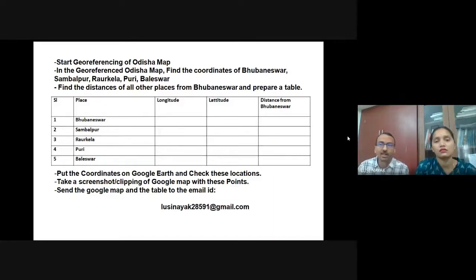And now I think all of you are able to see this PowerPoint slide. And here a table is there. We have given a table. Now I will just explain the QGIS features, the QGIS interface. Then we will be discussing a little bit regarding georeferencing. We'll start georeferencing. In fact, all of you have already been given an Odisha map. And once this is done, you can try it with your own maps, no problem. So you have to start georeferencing with the Odisha map.